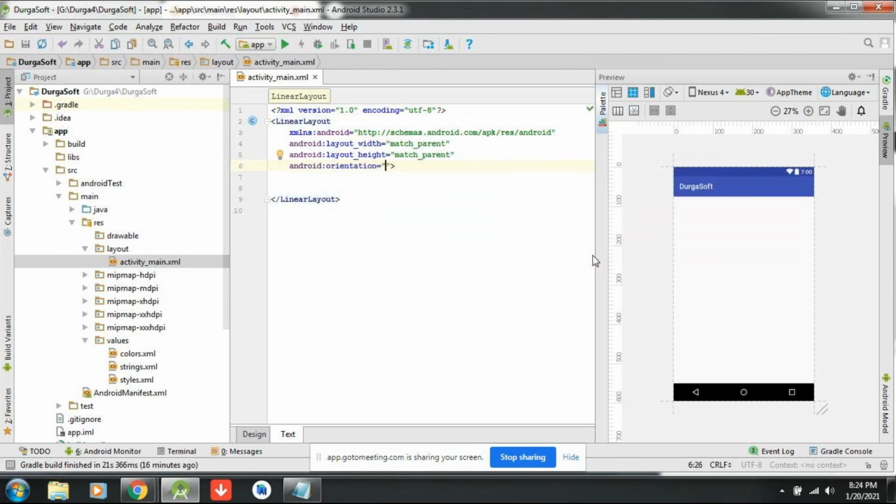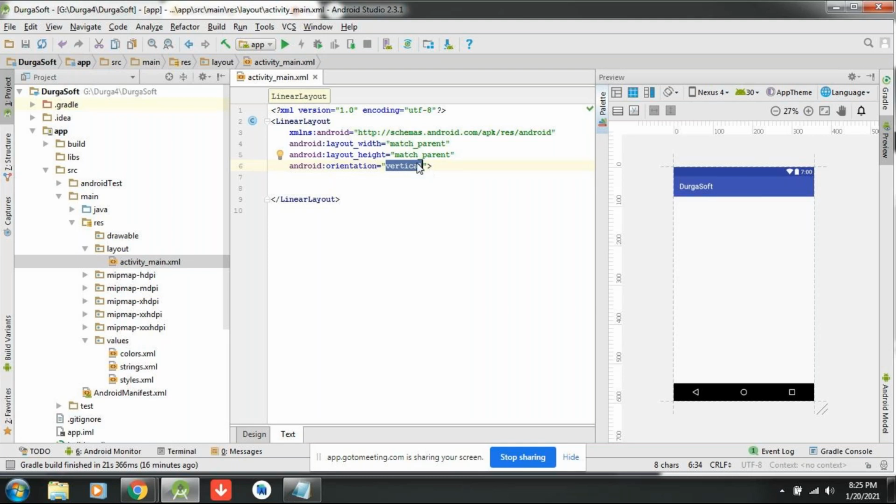You can write vertical or horizontal, anything is fine. Let me write vertical, for temporary purpose, specifying its orientation property as vertical. For linear layout, you must specify this property. If you are not specifying, then what will be the orientation of linear layout? Default is horizontal. Okay, right.